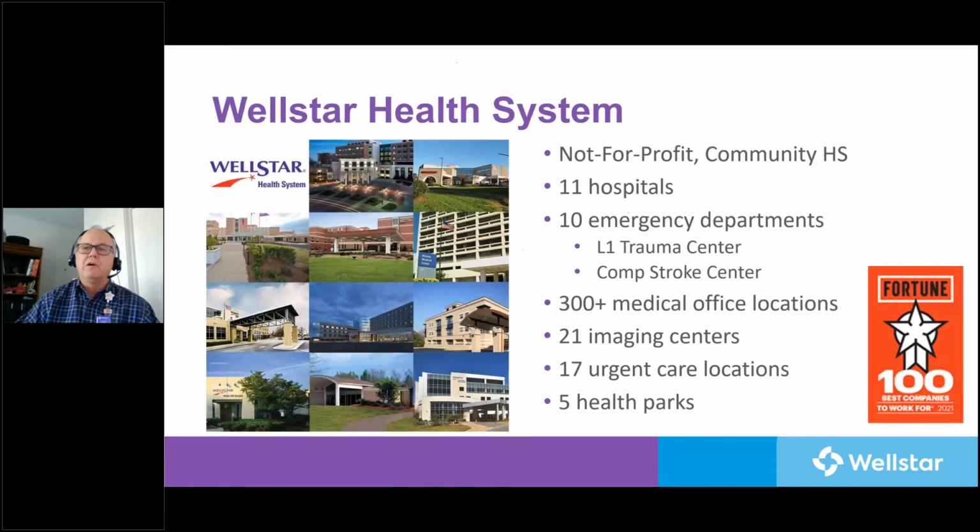So, who is Wellstar? We're a not-for-profit community health system. We also have educational programs that are tied with universities, but that's not our primary focus. We have a huge footprint in Atlanta, roughly 1/3 of the healthcare needs, mostly to the west of the city and some downtown. We have 11 hospitals, 10 emergency departments with level 1 and level 2 trauma centers. Four of those are comprehensive stroke centers, where we can actually fix strokes. 300 medical office locations that are all tied into our health network, 21 imaging centers, and 17 urgent care centers,